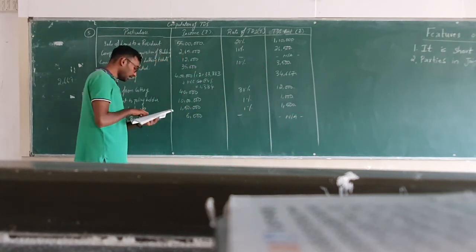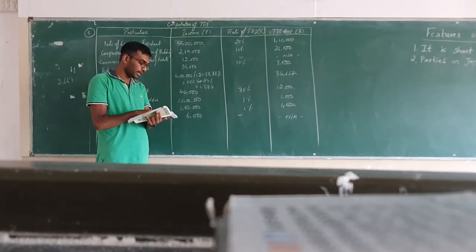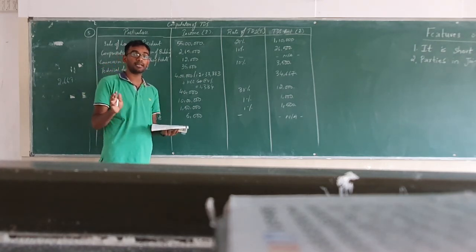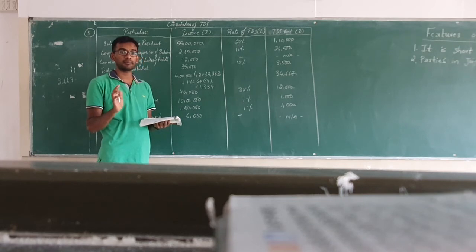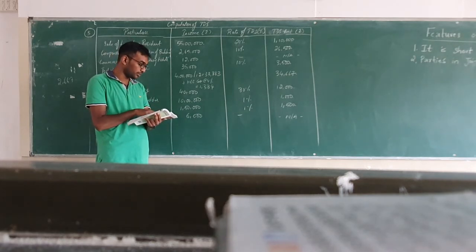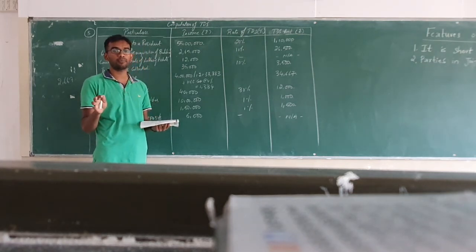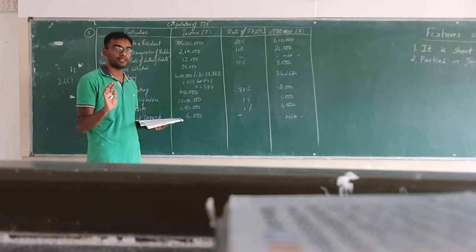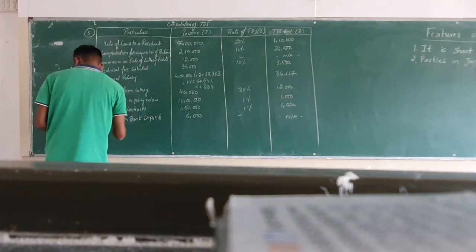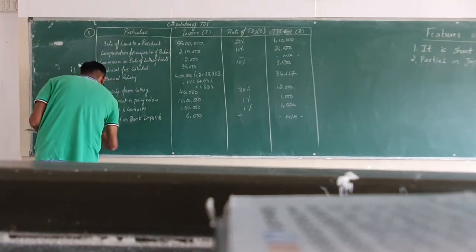Now the last item they have given is winnings from card games, 12,000 rupees. So winnings from card games again is casual income. Casual income means again the income should be more than 10,000 rupees. Here how much are they receiving from card games? 12,000 rupees. So since it is more than 10,000 rupees, we have to compute TDS at the rate of 30%. So under particulars column write winnings from card games.